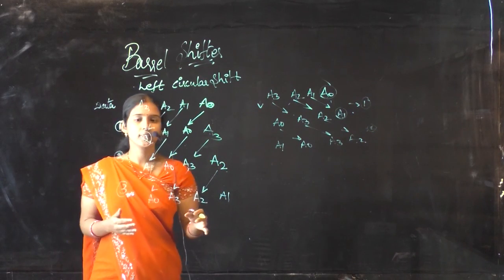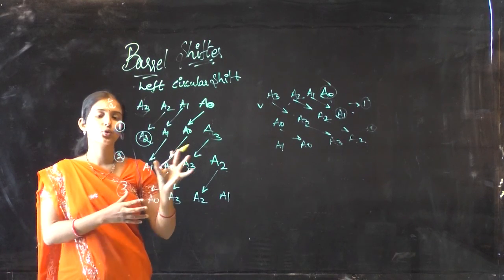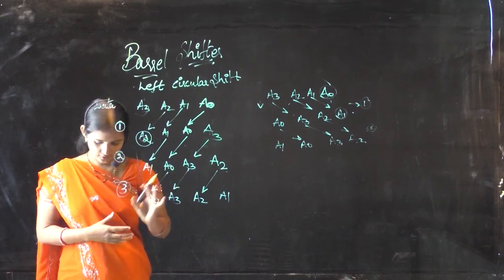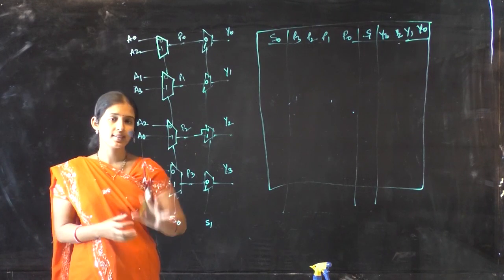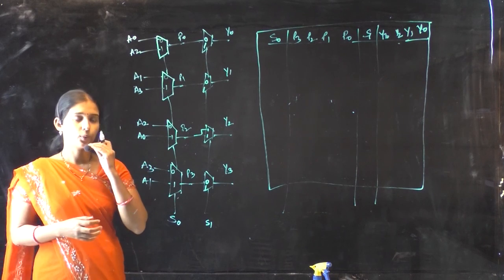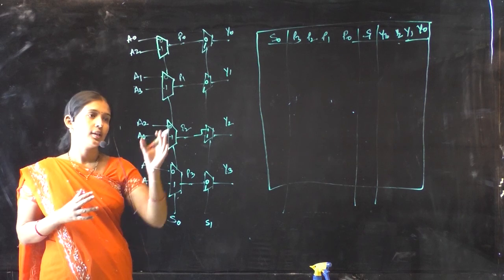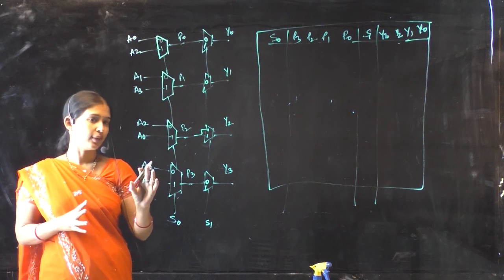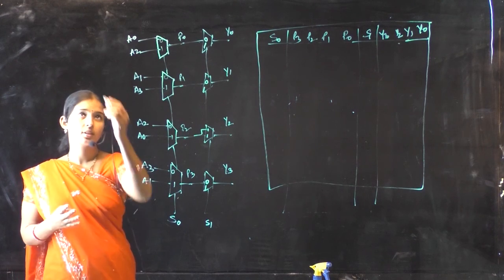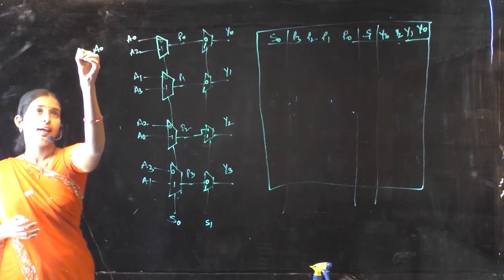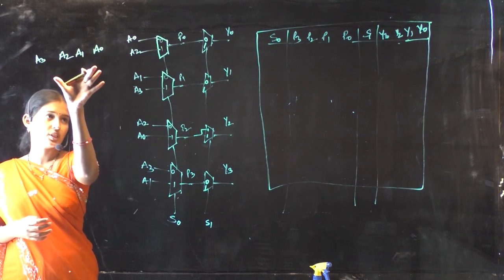Now we will be seeing the circuit, how it is going to execute and how the circuit will be. See here the internal circuit; this is just one example. By this example we'll know the internal circuitry and how it is going to shift. It is a 4/1 multiplexer taking A0 to A3, these 4 bits.